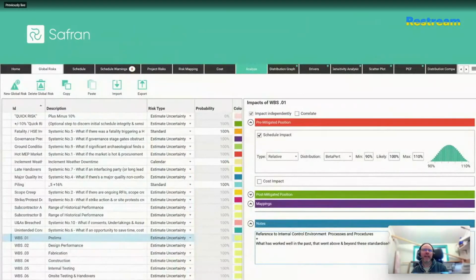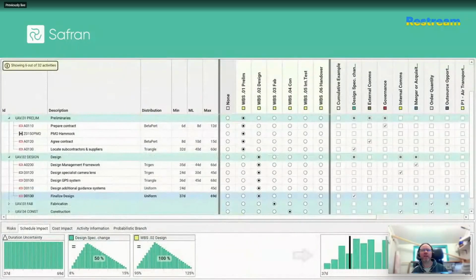So in here, you can capture and replicate your continual improvement or perceived best practices, and that includes your organization's typical risk drivers. So earlier I said that maturing organizations actually try to assign their performance ranges in accordance with a WBS or work packages, but it can be a bit clunky when they deploy it with formulas. So Safran, to my mind, has a better approach to this method because once you articulate an estimating uncertainty here on the risk register, you can then just map it like any other discrete risk, which brings us over to my favorite part of the Safran risk toolset, the risk mapping screen.